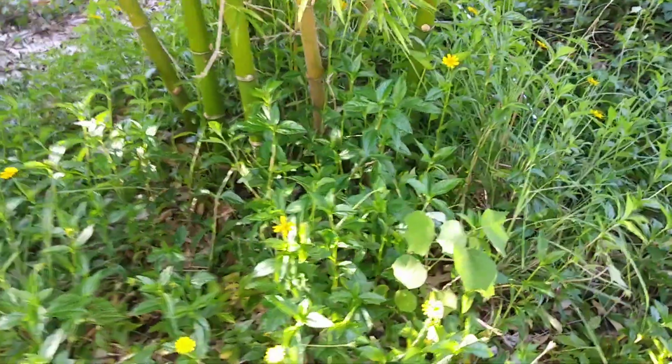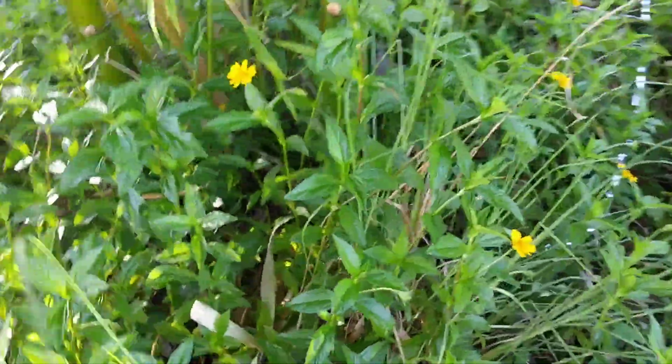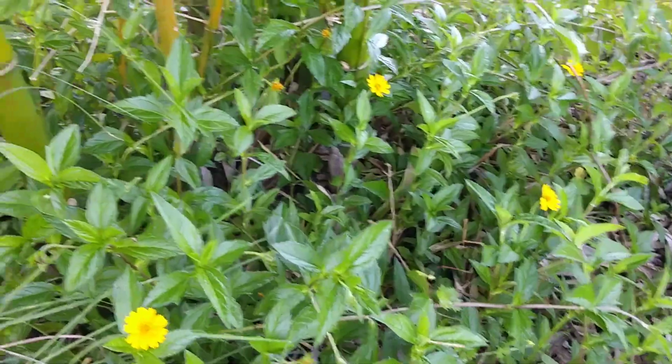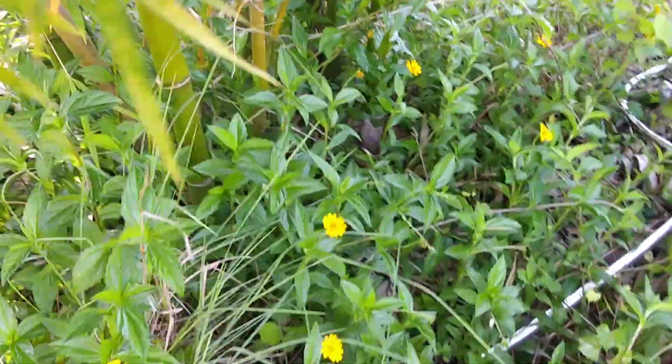Well, this is my biggest clump. Let's see if we can find something in here. I keep looking for something in here, but